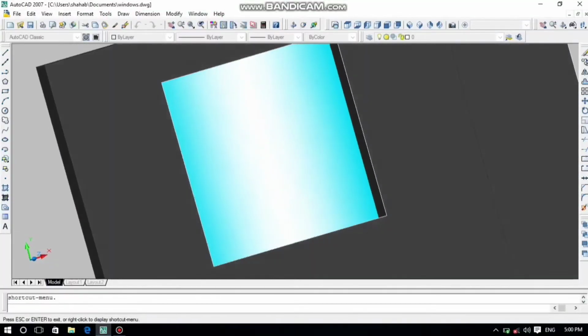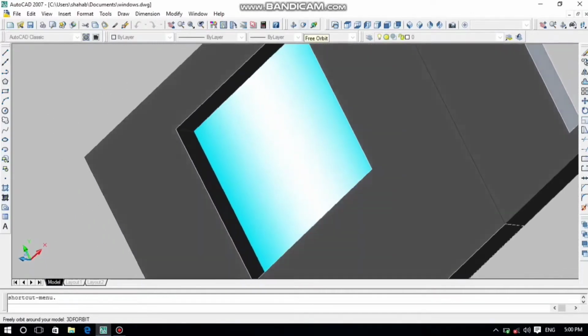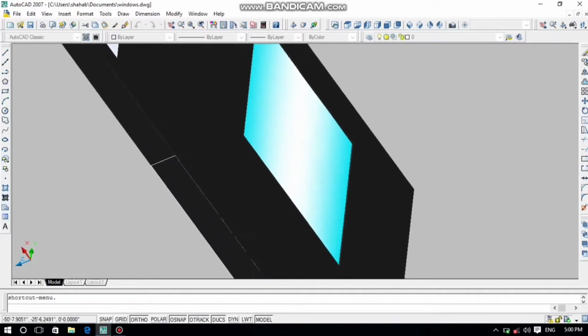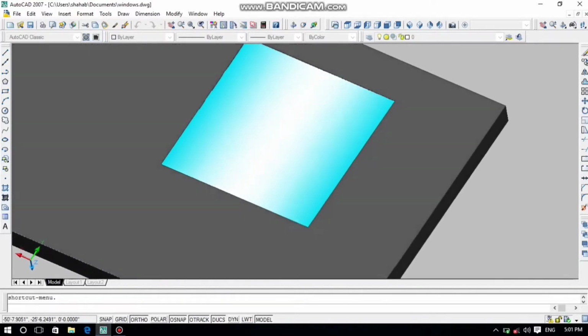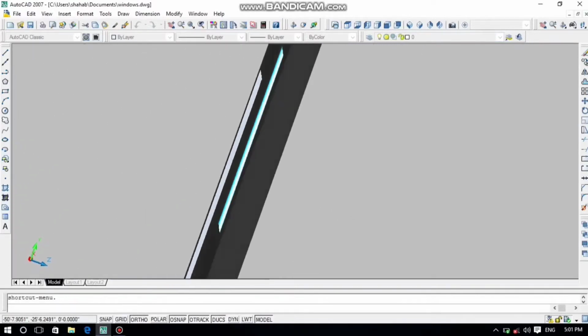Today is our fourth lecture about the full course of AutoCAD. Today our lecture will be about the hatch command. So today we will talk about the hatches. Actually, the hatch command in AutoCAD is used to fill a pattern inside an enclosed area. The patterns are hatches, gradients, solid fill, etc.